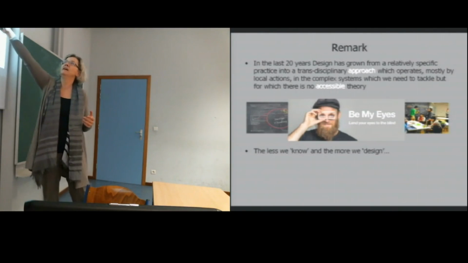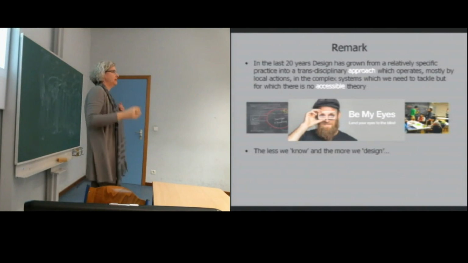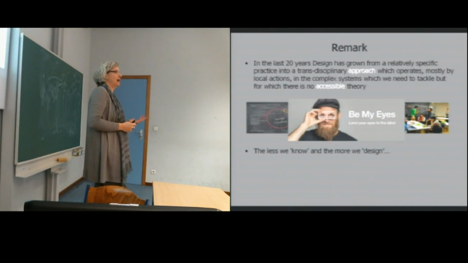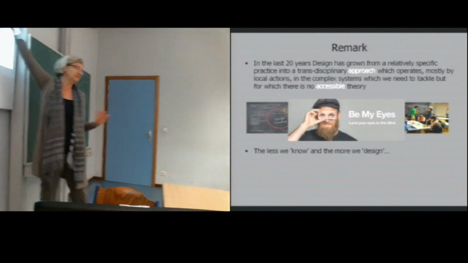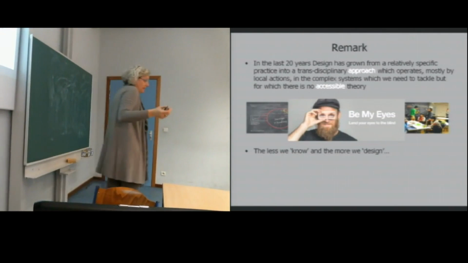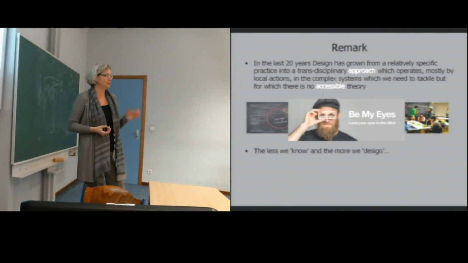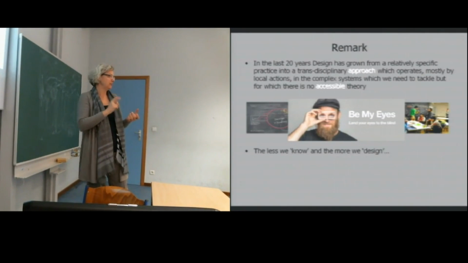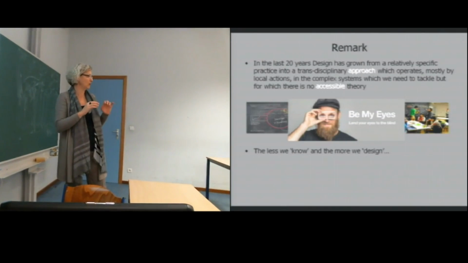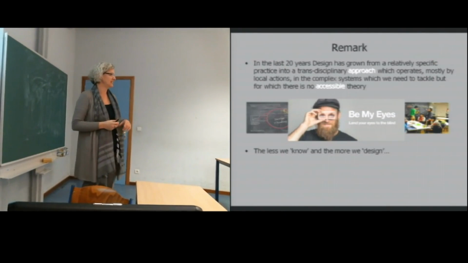This, for example, is a very good case. There are a lot of problems with the inability to assist all blind people. And this designer put up a simple application: if I am blind and I am in a supermarket and I want to read the ingredients of something, I push the application, I show it, and someone on the other side writes me or tells me what the ingredients are.